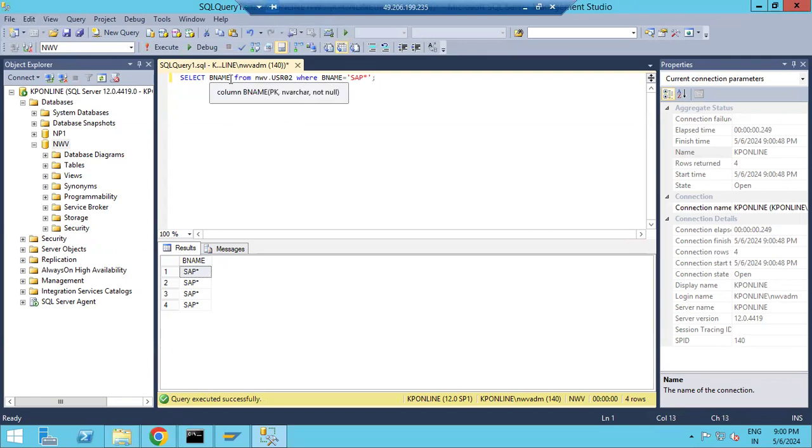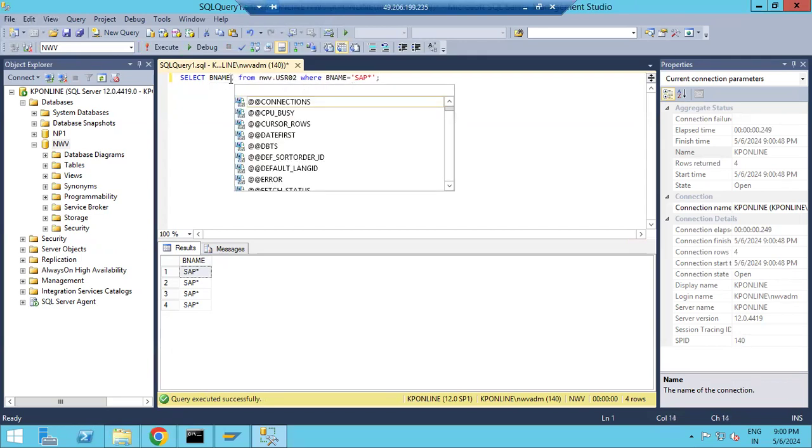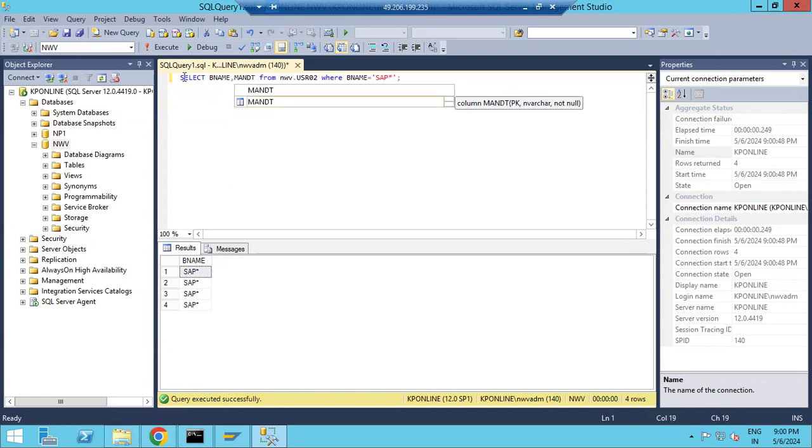So bname and MANDT, which means the client field here. So you have four clients, and the user is available in them. So what I am doing here, I'm trying to